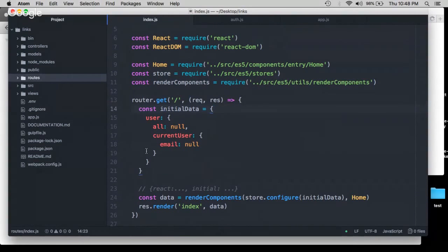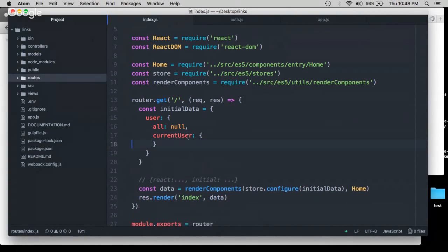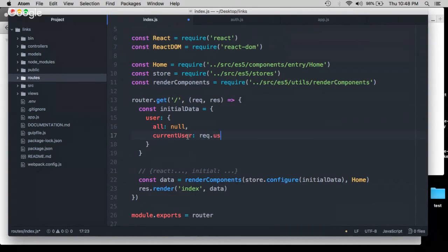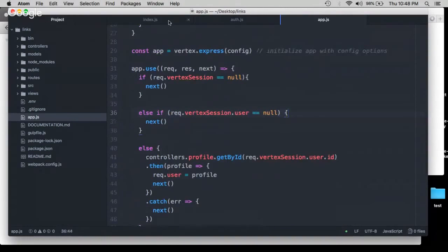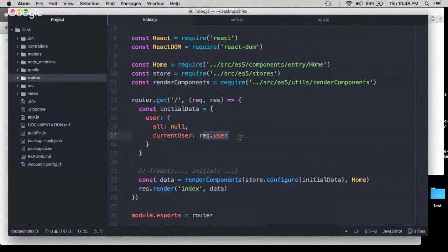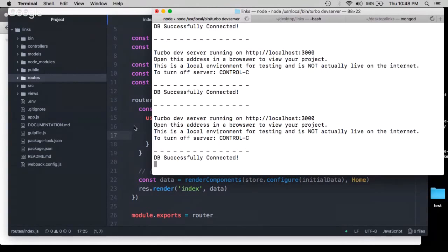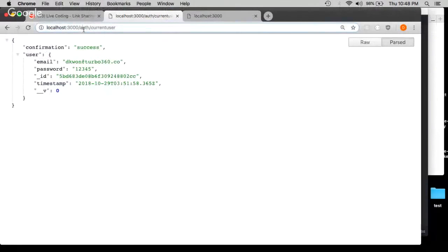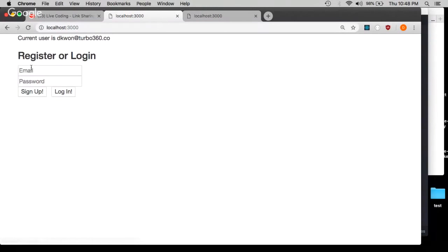Okay, so let's see the best way to do this. So instead of current user and then just passing in an email like this, we can now just do req.user, because this is happening on every single request anyway. So no matter what, it's either null or the actual user object. So now this should reflect whoever I'm logged in as. So you see how it already has my name because I'm already logged in. So if I log out,